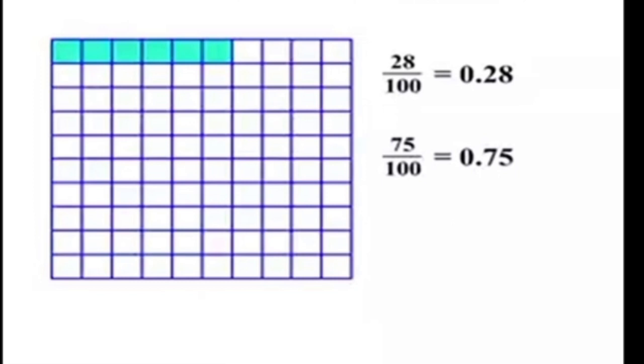The denominator is 100, that is why after the decimal there will be 2 digits. See, if we go for 6 parts of 100, we will write 0.06. 100 has 2 zeros, that is why after the decimal there will be 2 digits.